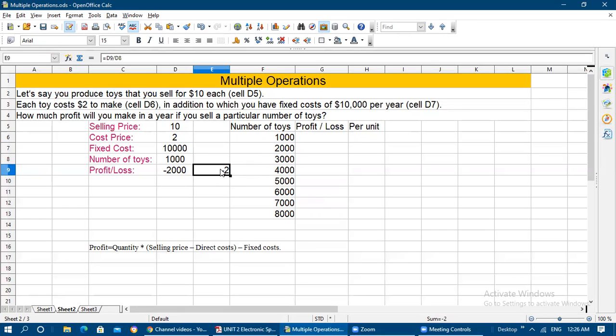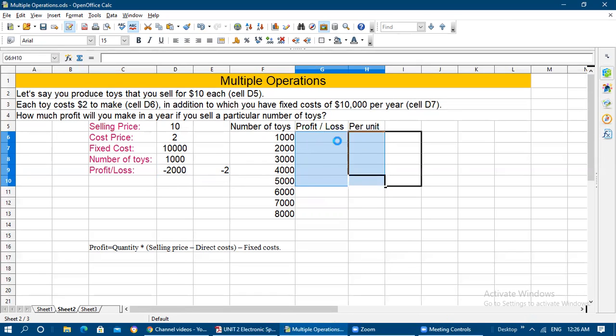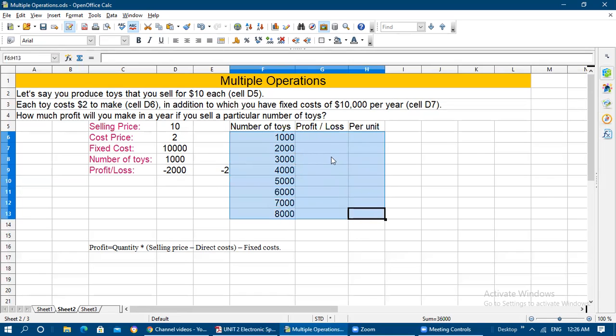In order to calculate that, we need to enter the value row wise only, because here also we are going to display the values row wise only. See, row by row only we are going to display the values, so we need to enter the formula here row wise only. Okay, so profit or loss in the same row we need to calculate for per toy also, then we won't get any kind of error. Okay, so here I'm going to select the range of cells where we want to have the result.